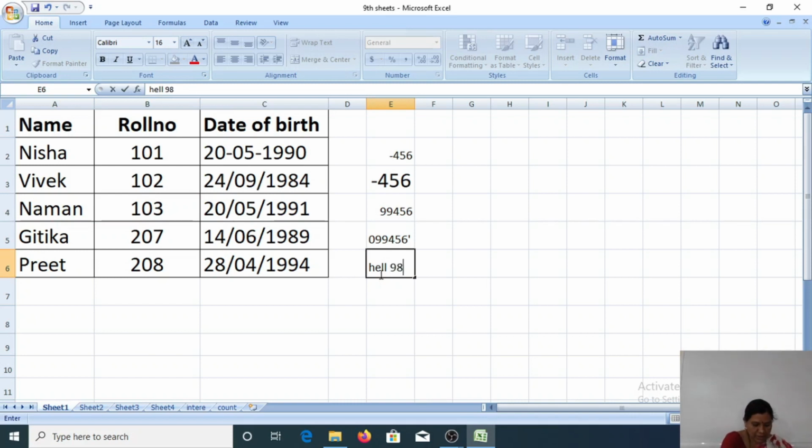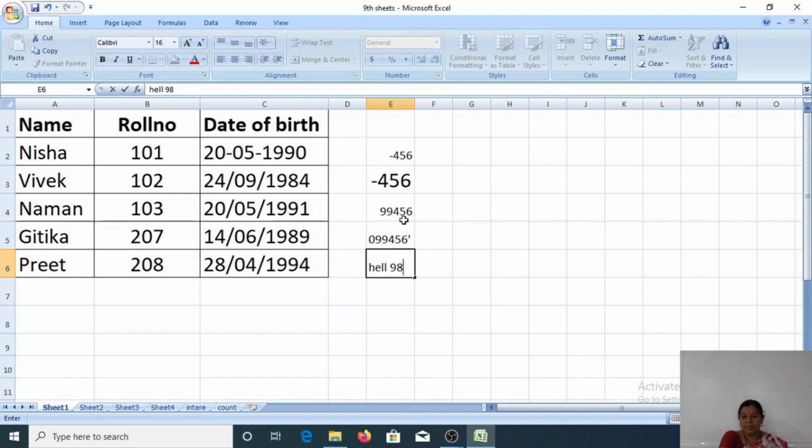And for these text entries, by default the text is left aligned in a cell. The data entries in a worksheet which are neither numbers nor formulas are assumed to be simple text. The text entries are never used for calculation.